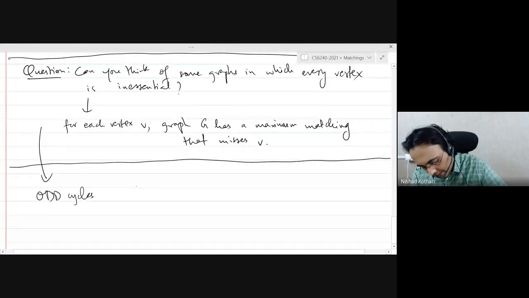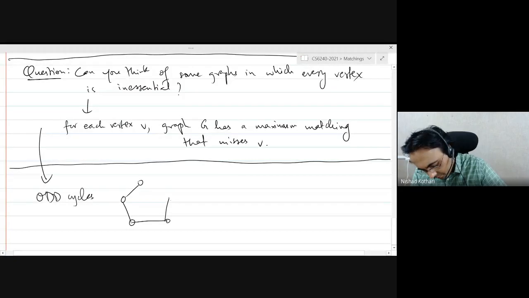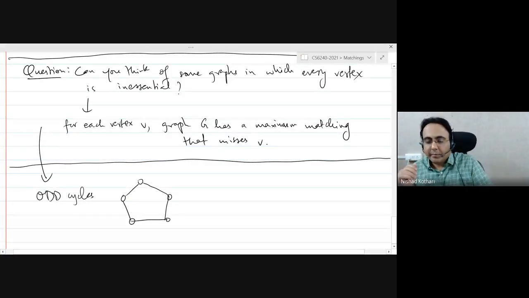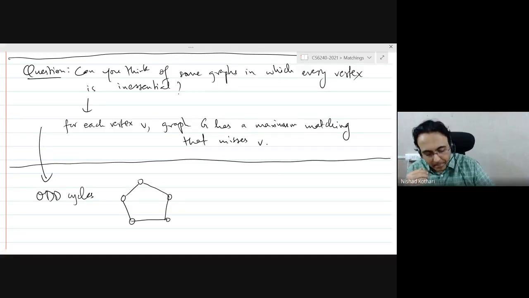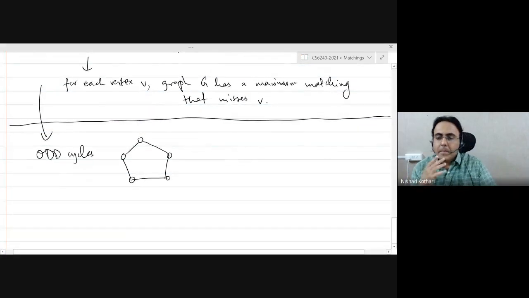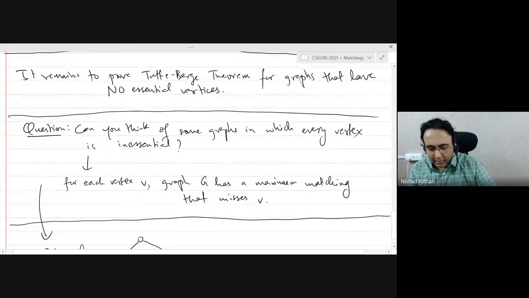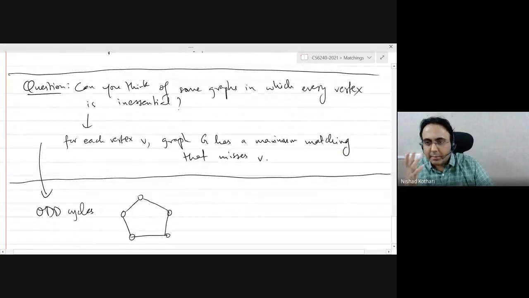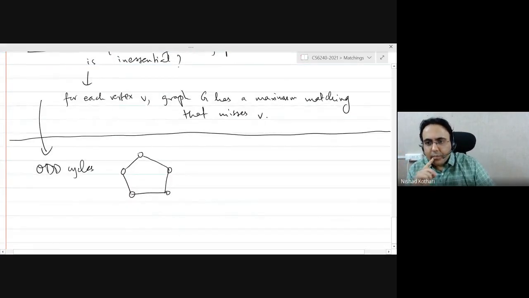Right. So you take any odd cycle and observe that for every single vertex, there is a maximum matching that misses that vertex. All right. So it turns out that while odd cycles are definitely an important class, the answer is a bit more general. Notice that odd cycles have the following stronger property, if you may.